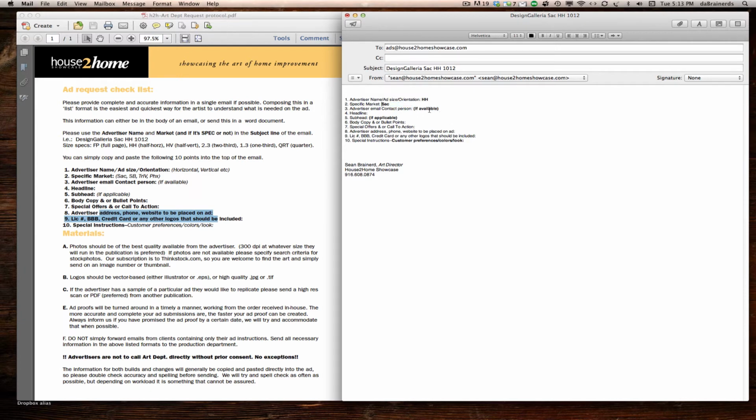And you can fill out each of these. I won't fill them out for you, but advertiser, email, contact person, and an important one, what the headline of the article or the advertisement is, the subhead, and then the body, the supporting information and/or bullet points, special offer, or call to action, and then the signature area, which is the advertiser's address, phone number, website,